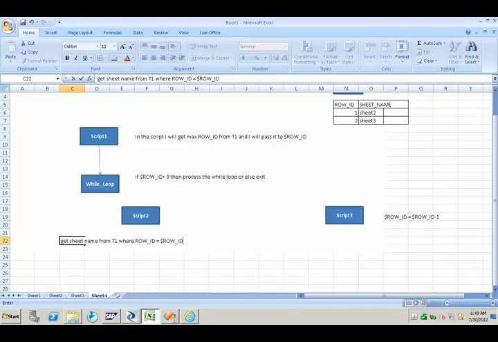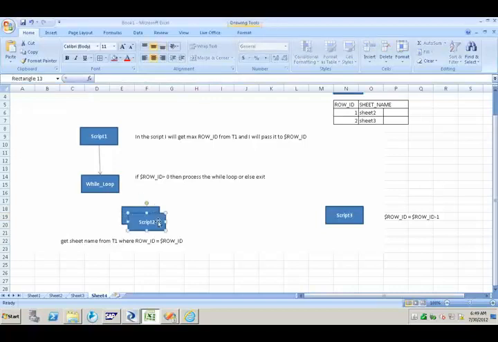If this matches, then get the sheet name. Then in between, I think it is a little bit complex, but I think you can understand.